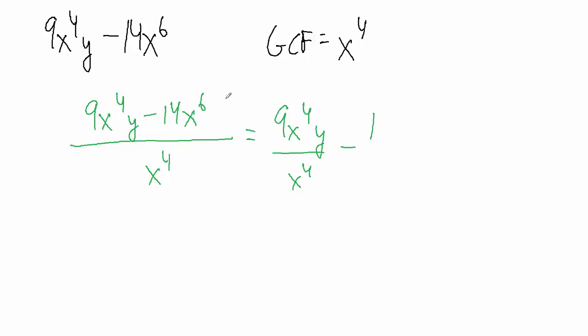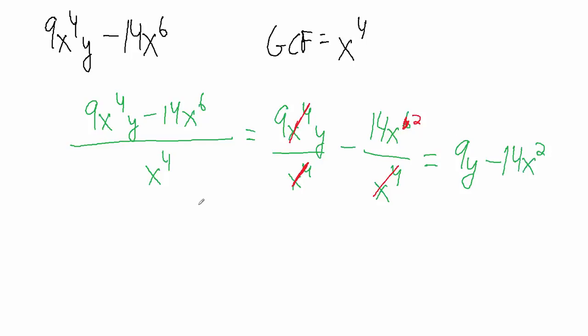And this right here now is where we have to be careful of the minus sign. So minus sign here, minus sign here. So minus 14x to the sixth divided by x to the fourth. Now, what's happening here? Well, x to the fourth cancels with x to the fourth perfectly, and all that's left is 9y. That's great. x to the fourth cancels with x to the sixth to give us x squared left over. Okay, so what we have left over then is just 9y minus